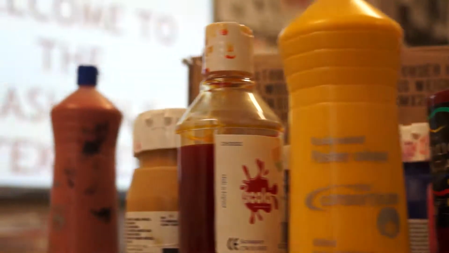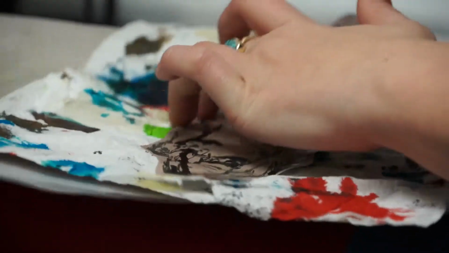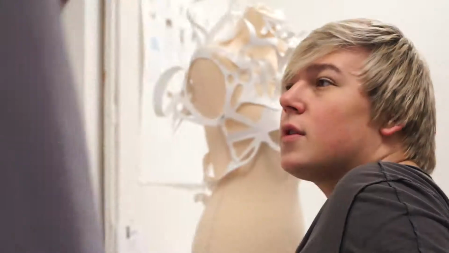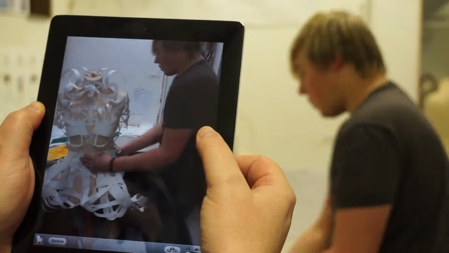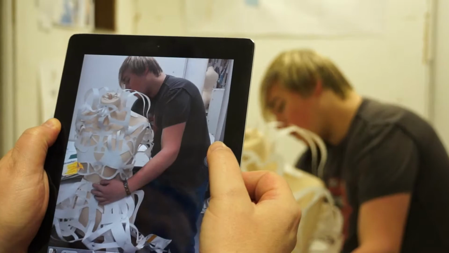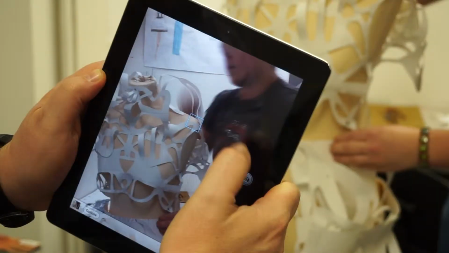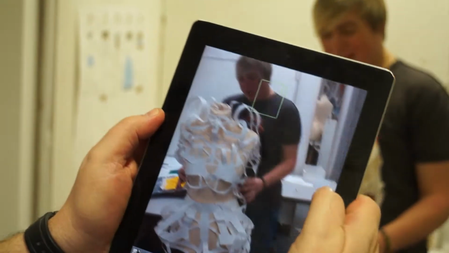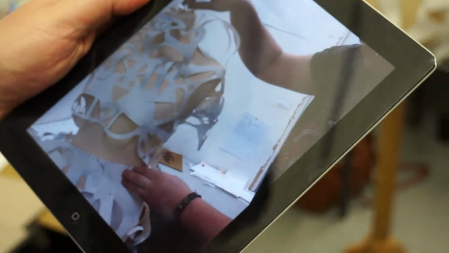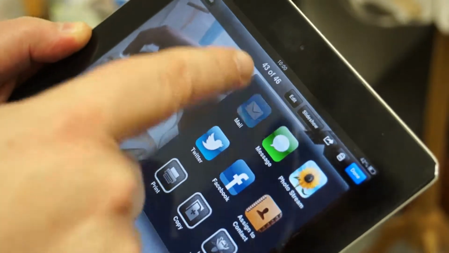The creative arts is a really visual and vibrant industry, but evidencing that within the educational setting is paramount and quite tricky. But this is where an iPad really comes into its own. It's that immediacy of being able to capture the moment as it happens and record events as they develop. It's great because you never quite know what you're going to get. And yet here again, scroll through images, have a look, choose a right one, and then in the blink of an eye I can share it via my email,